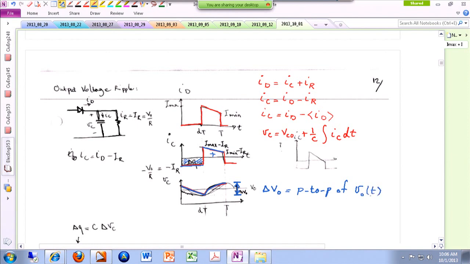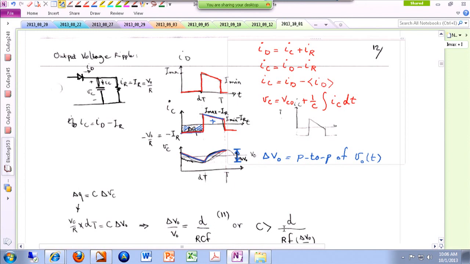All right. And I'm trying to find this peak-to-peak ripple. And hopefully that's going to be related to the cap. And finally, I get an expression for the value of the cap. All right. In order to find this, again, we go back to that very original equation of